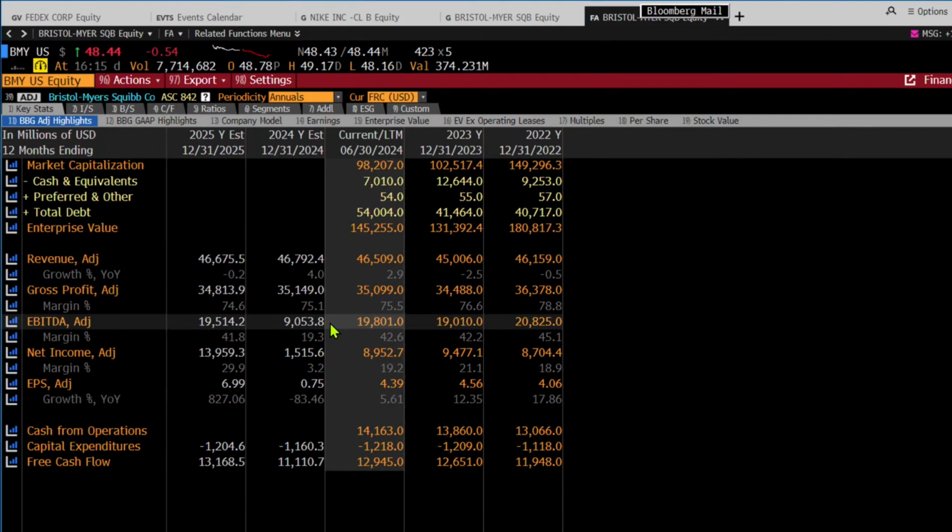The company does generate substantial free cash flow. It's not particularly cheap based on full-year EPS estimates, so it's not really expected to have a lot of net income this year. But if you look ahead to next year, assuming that the consensus view is right, because that's all this really is. So this is the